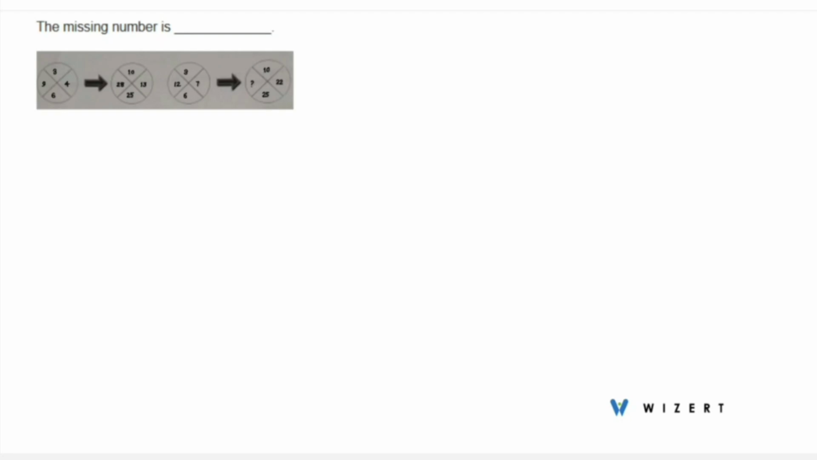We have this question here. The missing number is. Now we are given four circles in which four numbers are written. Now if we observe alternate circles,